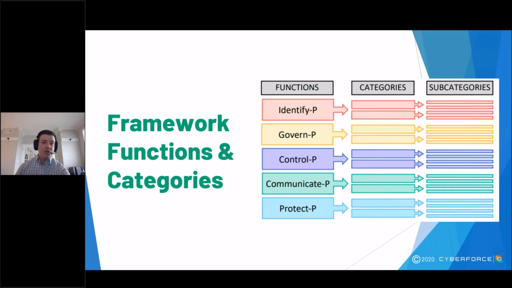Third up, we have control. And this section is about putting controls and activities in place to make sure that your organization has the data management granularity available to actually implement its privacy values and requirements. Next up, we have communicate, which is about making sure that there's two-way dialogue between your organization and everyone whose privacy you're tasked to protect. That might be your employees or it might be your customers. Finally, the last category is protect. And this one's about safeguards, specifically for preventing cybersecurity-related privacy events.